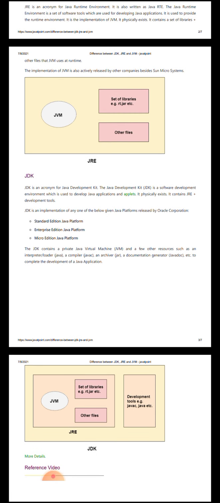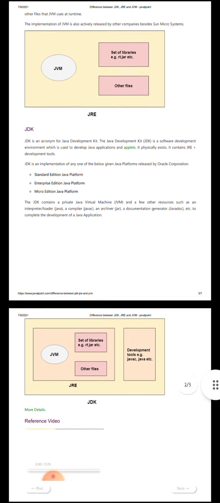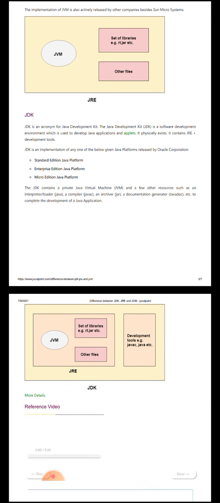These are the libraries that the Java Virtual Machine requires at runtime for code execution. So the JRE simply helps to run the code in your device. But then comes the JDK.